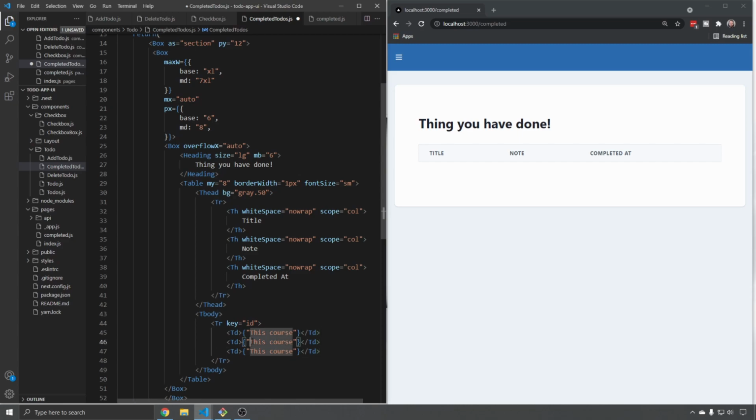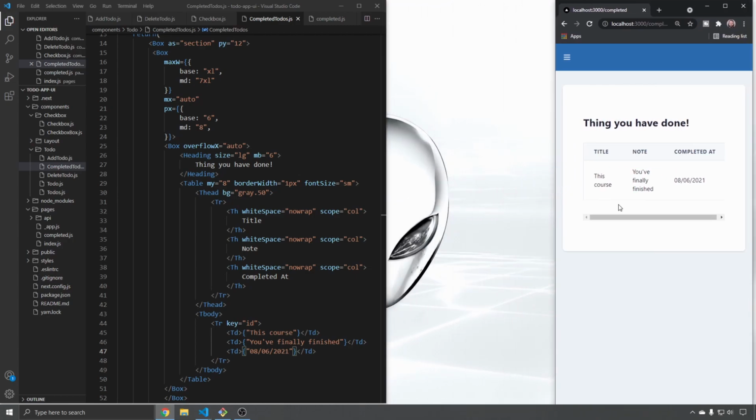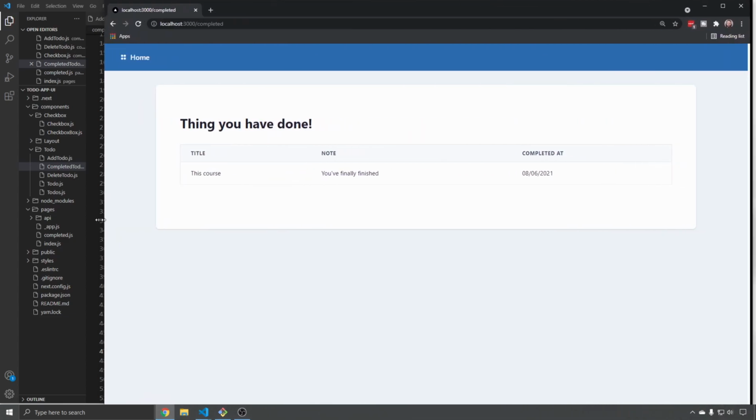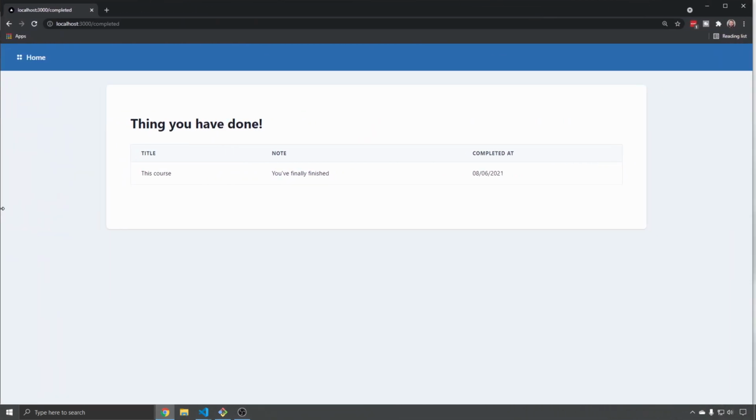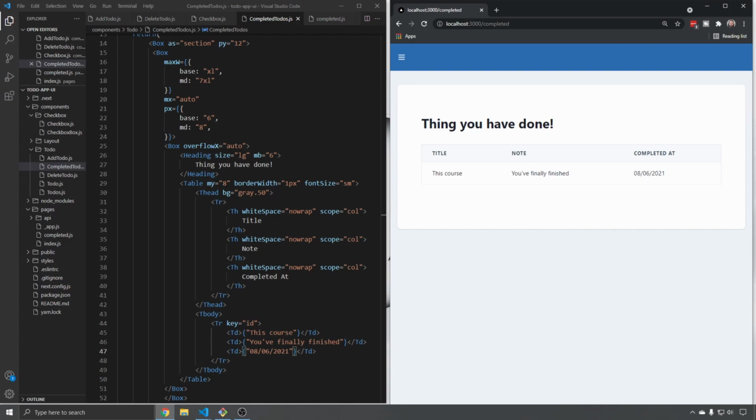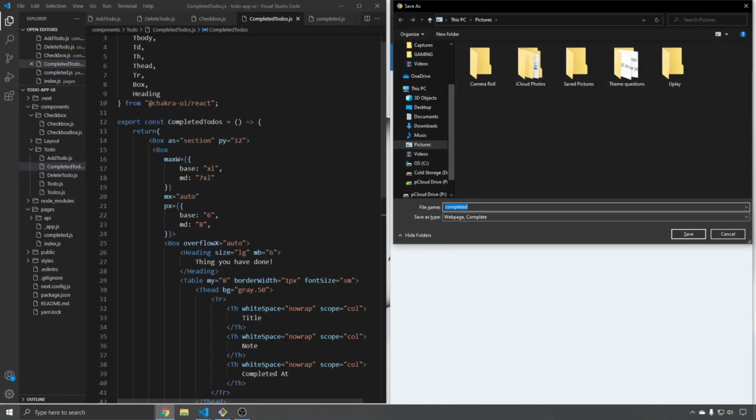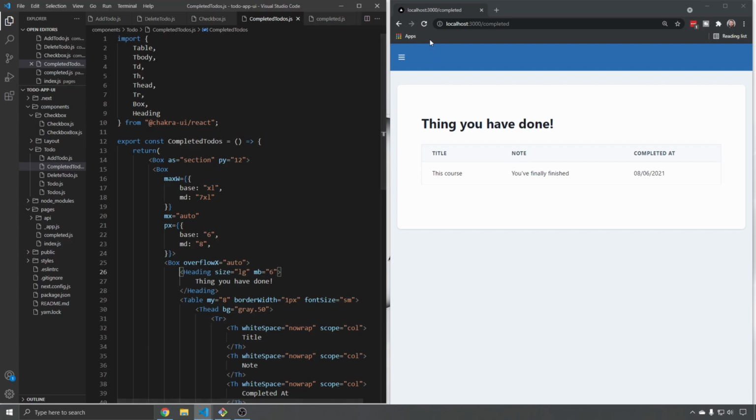So we'll do, let's just say, you finally finished. And we'll put in today's date, which is 08/06/2021. Hit save. And now we have a table with data in it that will slowly shrink to a point where we get a scroll bar, and then vice versa. When we get to this size, it gets no bigger than it is. So that's perfect for what we want. And we can hit save here, and we can hit save here,